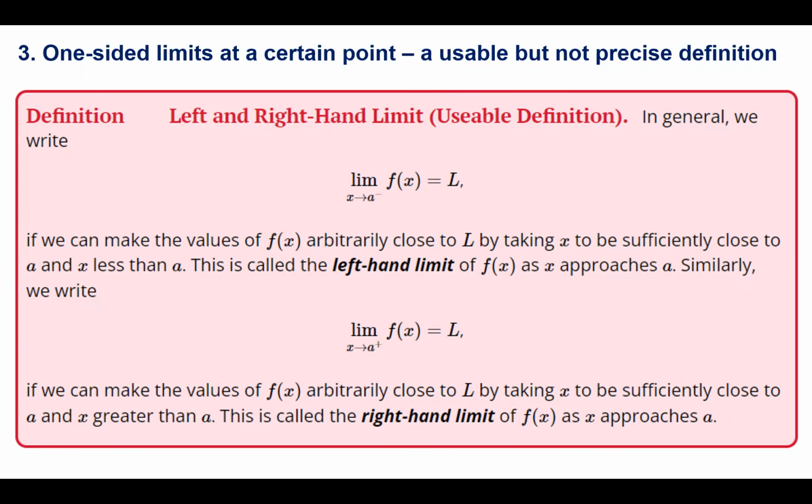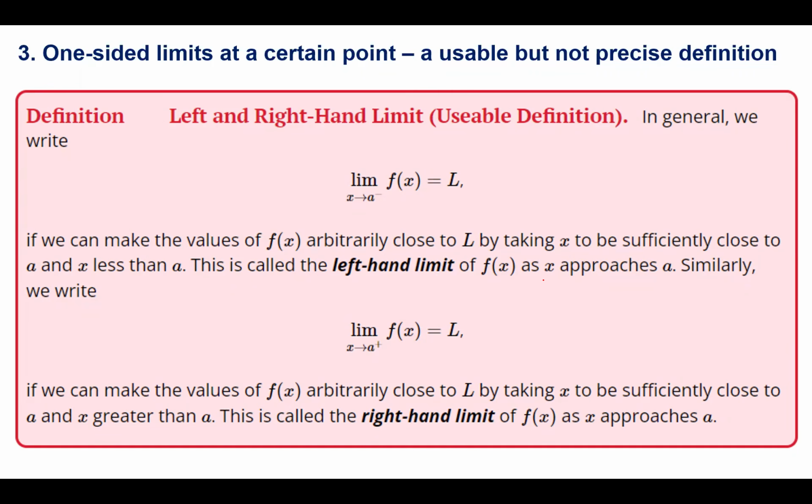In general, we write the limit of f(x) when x approaches a from the left side equals L, where L is a number, if we can make the values of f(x) arbitrarily close to L by taking x to be sufficiently close to a and x less than a. Be careful with the statement here: sufficiently close to a and x less than a. That's from the left side, right? This is called the left-hand limit of f(x)